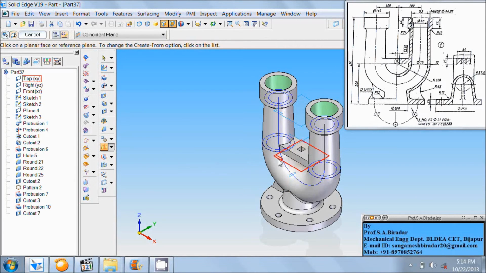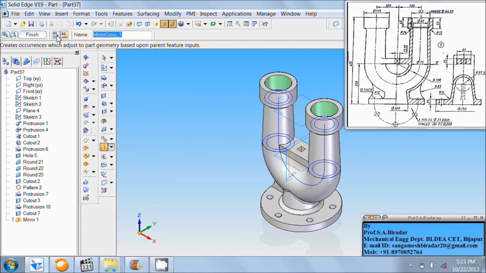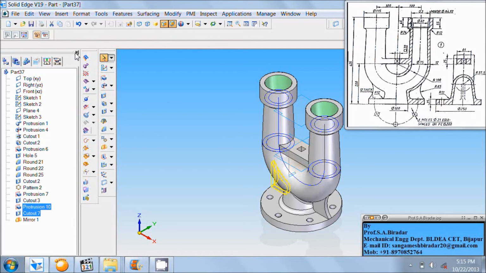Give mirror copy feature about this right YZ plane, click on OK, click on smart, click on preview, click on finish, fit it.